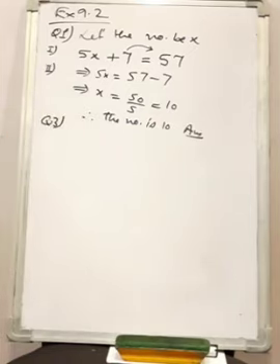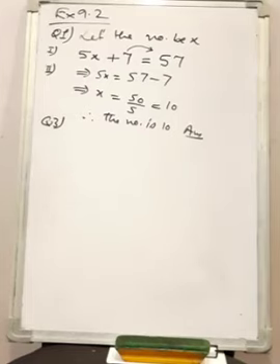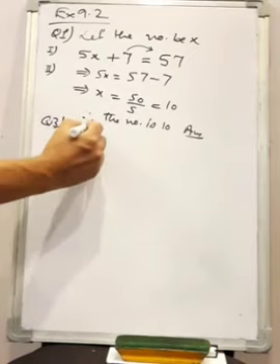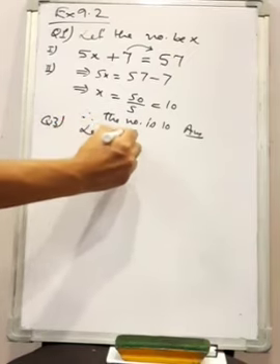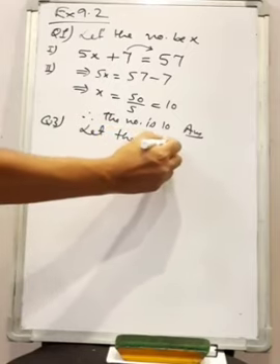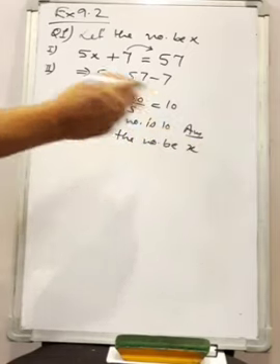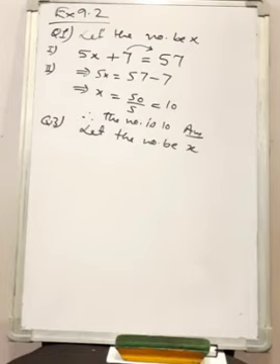Now look at question number 3. It says a number is greater than 15 as much as it is less than 51. Again it is talking about a number and the number is not known. So let the number be any variable. It's not necessary that you take x, but x is a common variable we take. So let the number be x. You can take some other variable also if you wish.